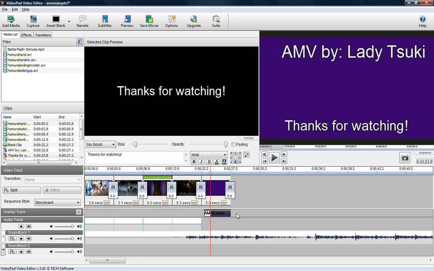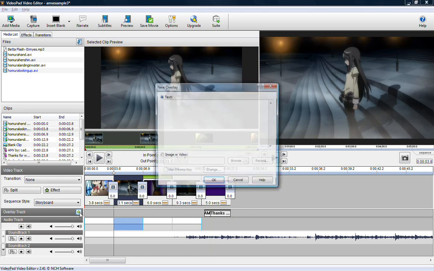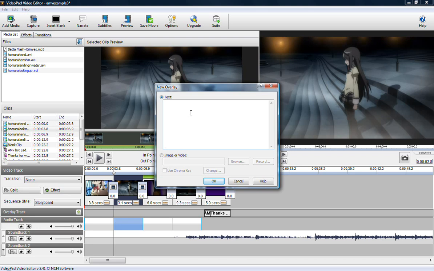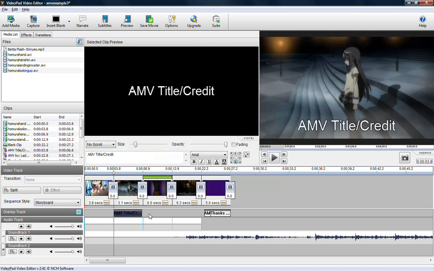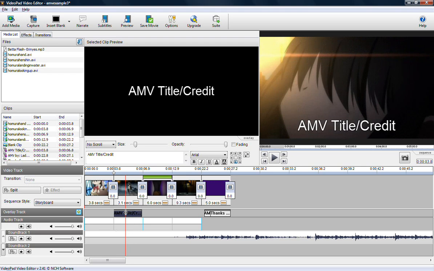Adding a text overlay into the existing video is done pretty much the same way. Highlight the clip you want to add your text into, and repeat the same add overlay steps from before. Yes, I know the text is very literal here. Now in this case, your text overlay most likely won't be lasting your entire clip, so you're going to be much more careful about where it begins and ends.